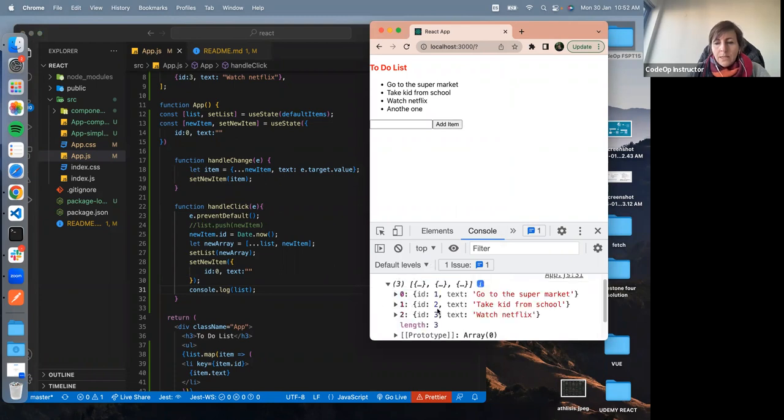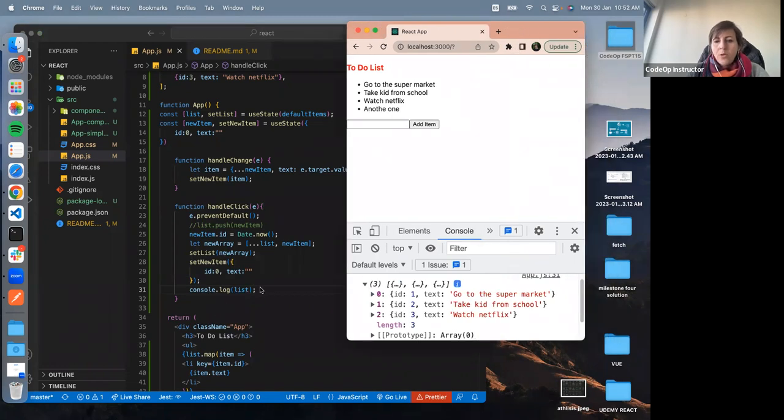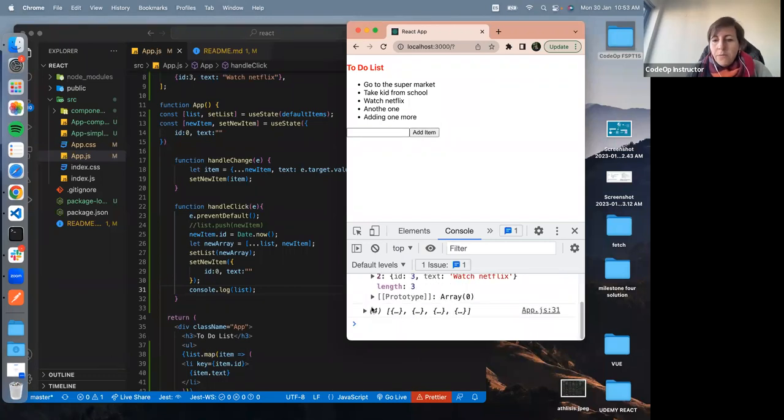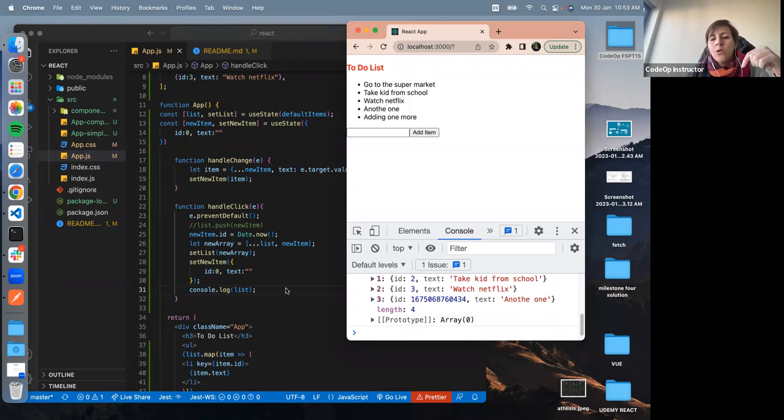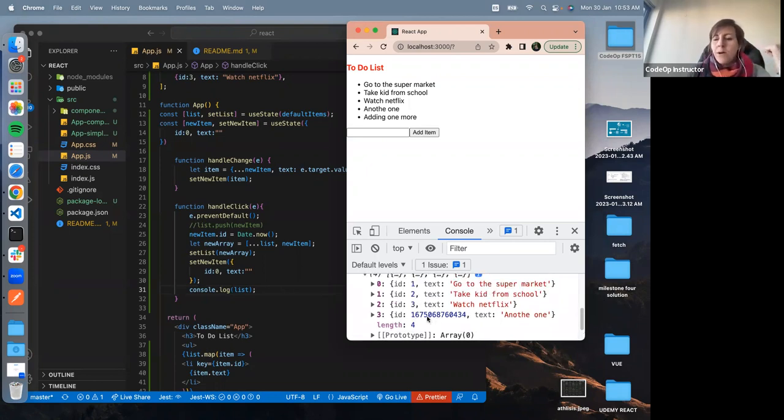Just that it takes some time. If I just console log it here, it still has not updated. So the update of the state, sometimes it takes some time. So if I console log the list, I will still see the previous 3 items without the new one. If I add the new one, adding one more, then I will see the 4th, etc. So I will always be with this console log here one step backwards in delay,